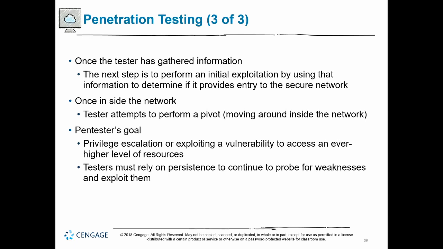And once the tester has gathered information, the next step is to perform an initial exploitation by using the information to determine if it provides entry to the secure network. Once you have enough information, identify an attack method or an attack vector and exploit, right? Once you get in, pivot. Usually attackers try to pivot, move inside the network, move laterally,